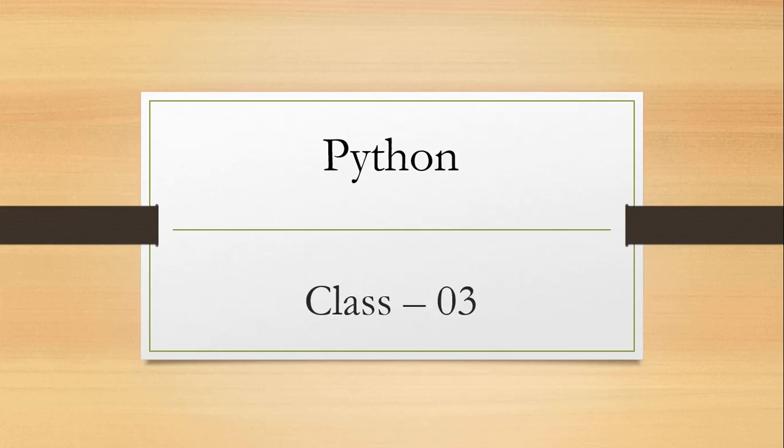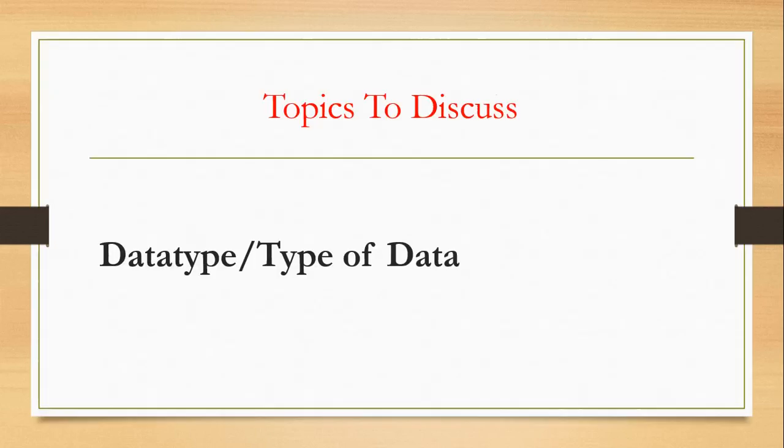If you provide a correct roll number, then your result will be there. By mistake, if you have given a wrong roll number, then it simply says that roll number not found. So depending on the condition, if the condition becomes true or false, it will display the result. So on the basis of that, we have to work with some values, and today in this class we will work with what type of values we are going to use, and these are, according to the programming language, known as your data type. So today we are going to work with the different data types.